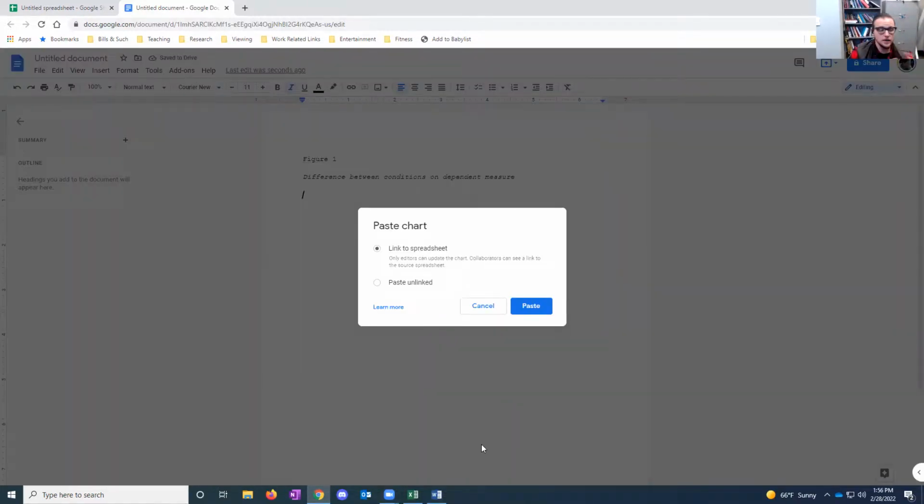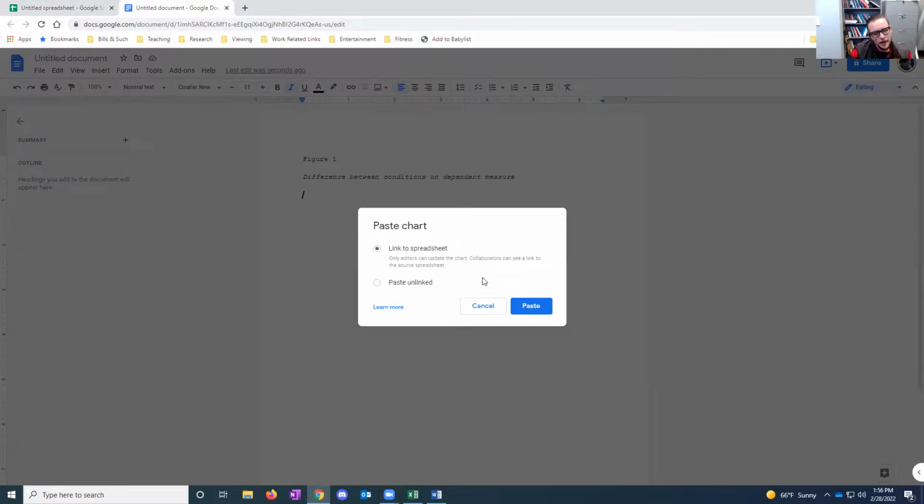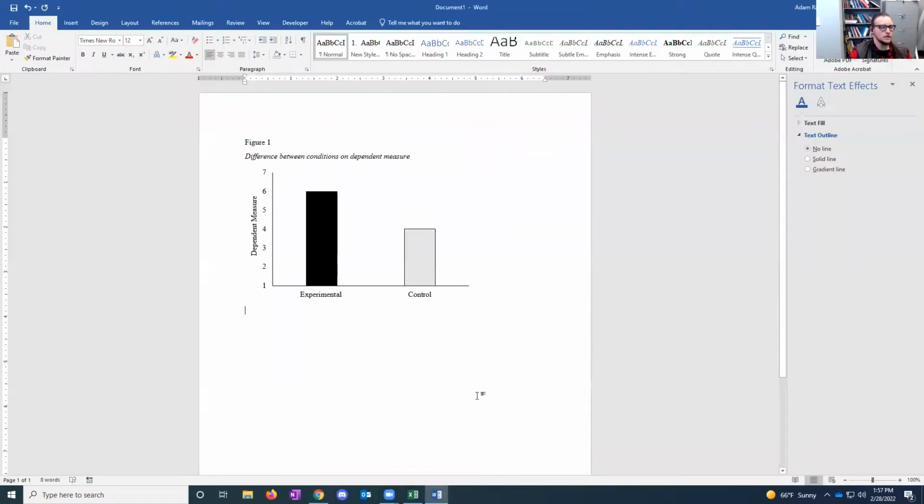Now it's going to ask whether you want to link it or not. I like to link it. You don't have to, but I like to link it. The reason I like to link it is because if you make any mistakes, you can go back here and make changes to your data and it'll import it automatically to your Word document. So I like to link it and paste. And there we go. There is your graph. All right. And so whether you do it in Google using Google Sheets and Google Docs, or in Microsoft using Microsoft Excel and Microsoft Word, you can get a graph that both satisfies APA format and the customs of psychological